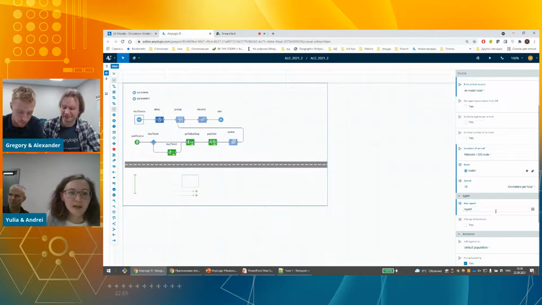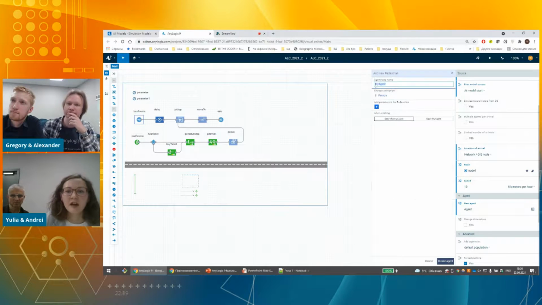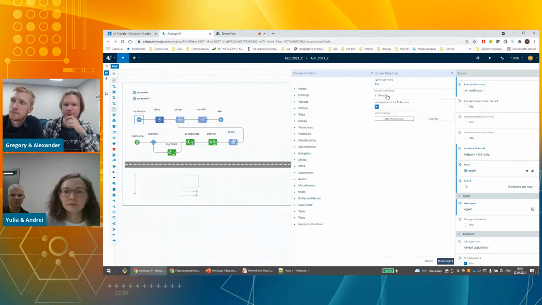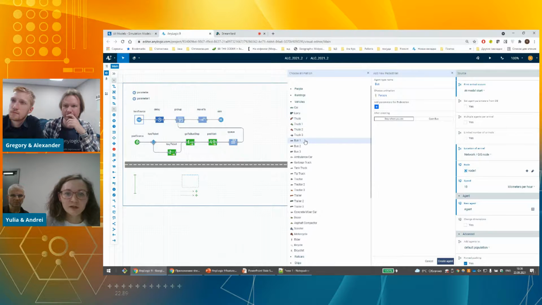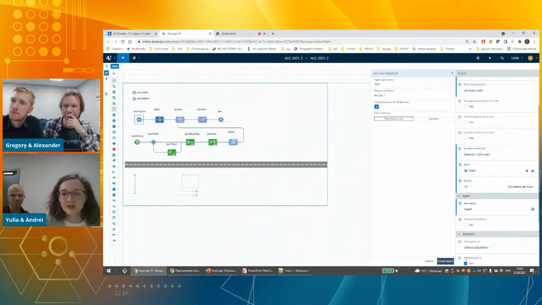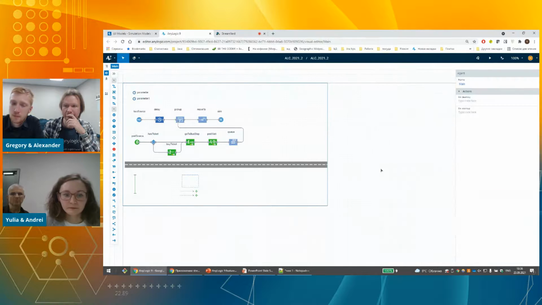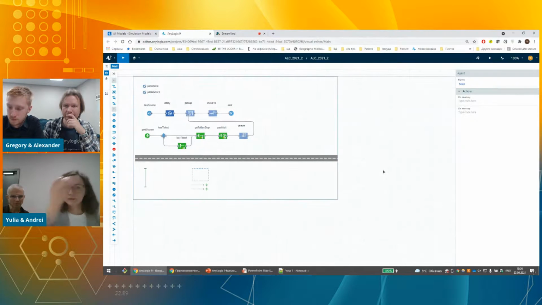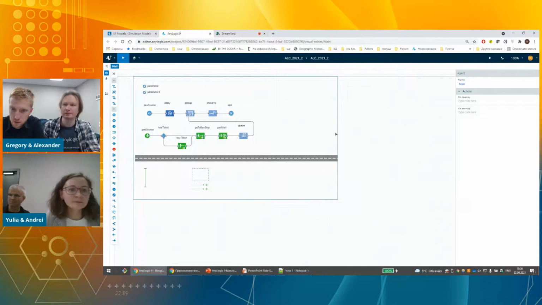And one more thing is animation. So I'm going to create a new type of agent. I'll call it bus. And choose bus animation here. Okay.